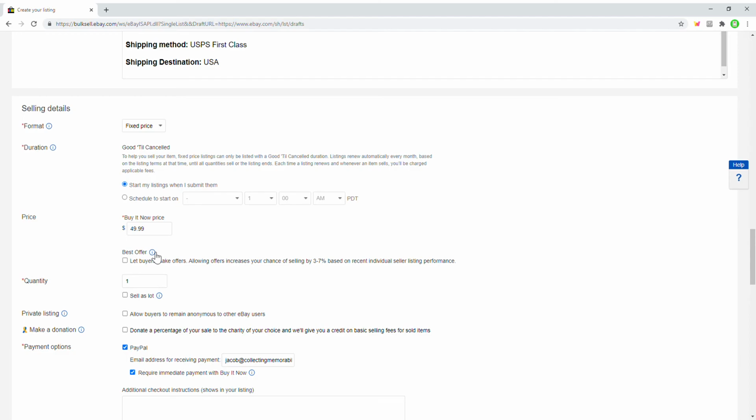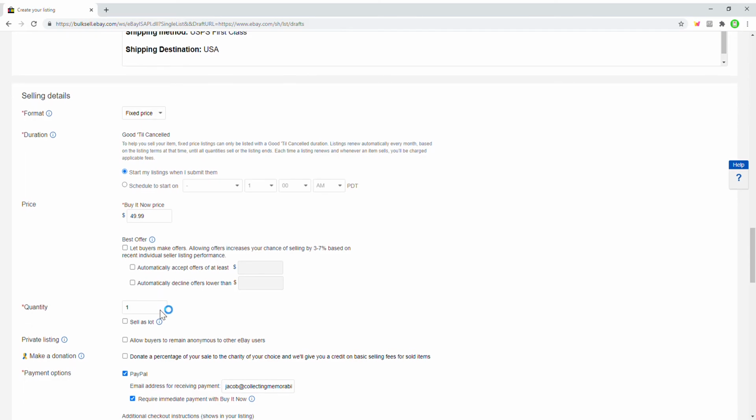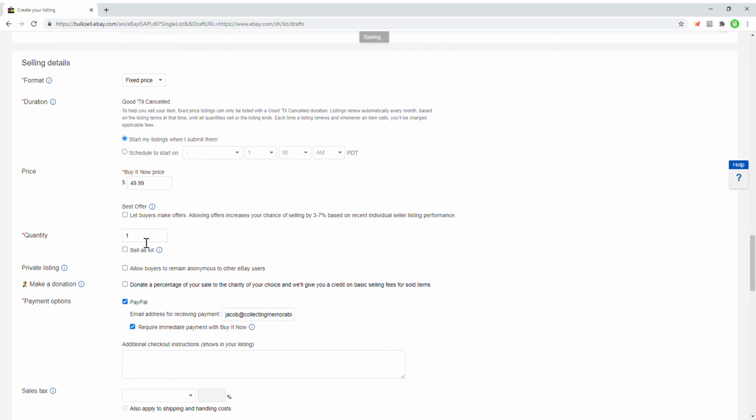We could also add a best offer feature, which increases our chances of selling by allowing a user on eBay to click the offer button and make their own price. We can change that price here by saying click yes, and we can automatically accept offers of at least a certain amount, but we're going to uncheck that for now, and we're going to show as quantity is 1,